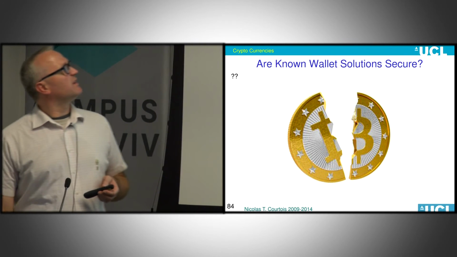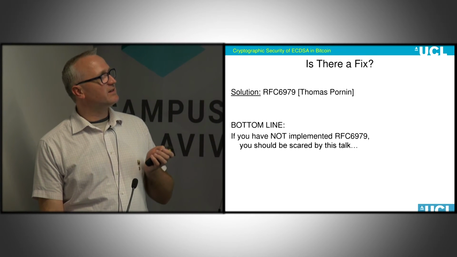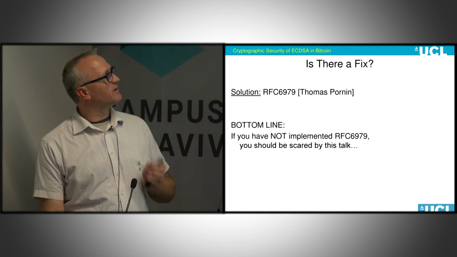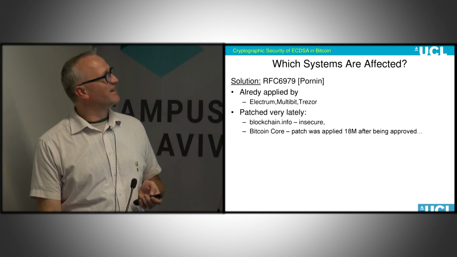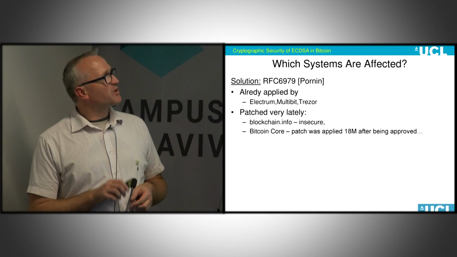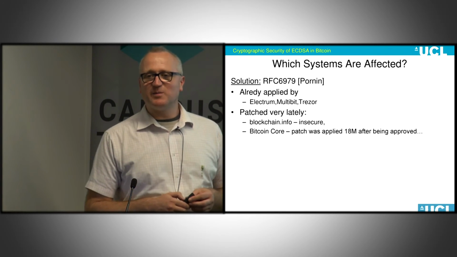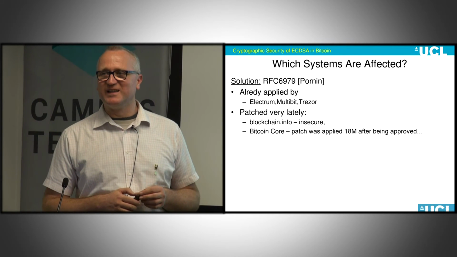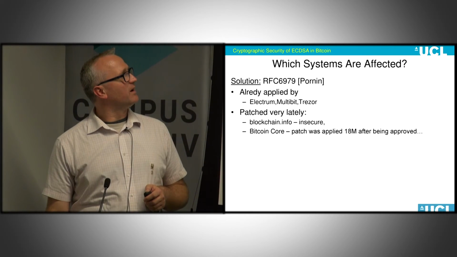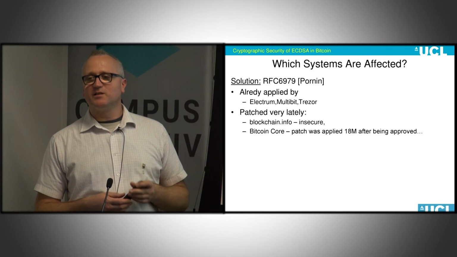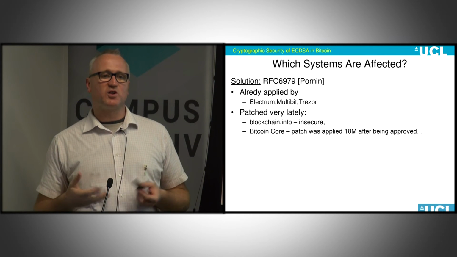So, is it secure? There are some fixes. One is deterministic signature generation, which is a security standard written by Thomas Pornin. It's very complex, by the way. Most people apply it. In Bitcoin Core, it was very bizarre because it was sitting there for 18 months. It was not applied to Bitcoin Core code for 18 months. So it was applied only very, very recently. This is one of the potential fixes. If you apply it, potentially you can have an HD wallet system which is probably secure.